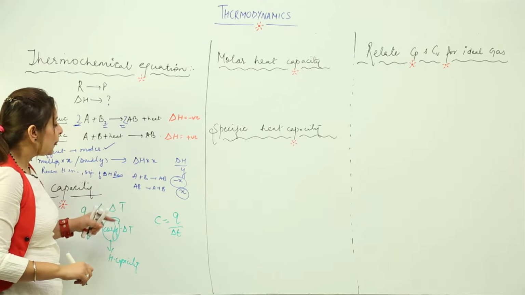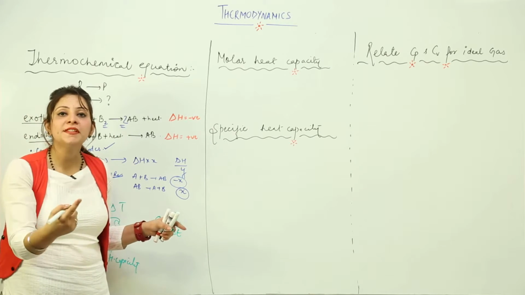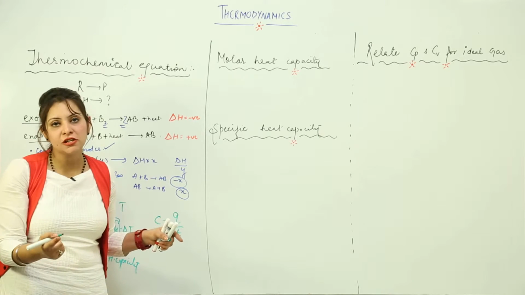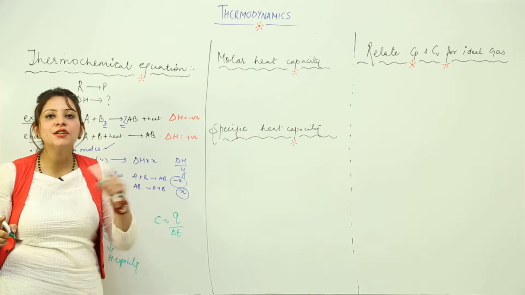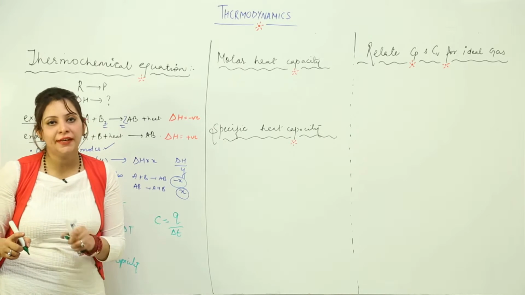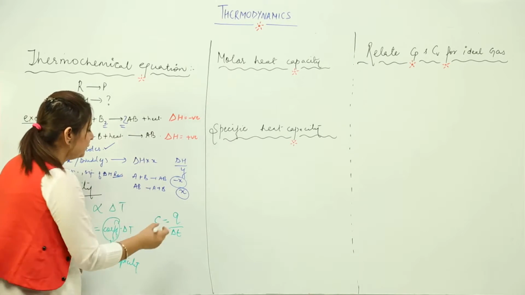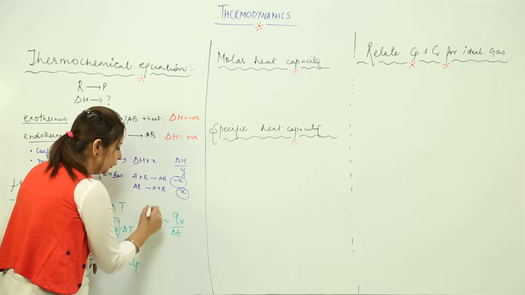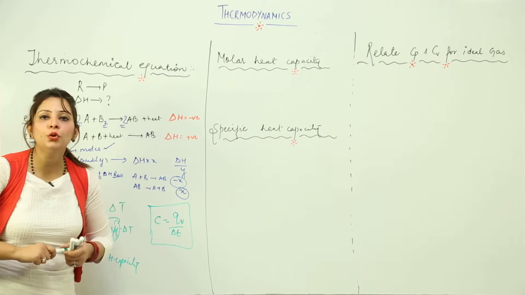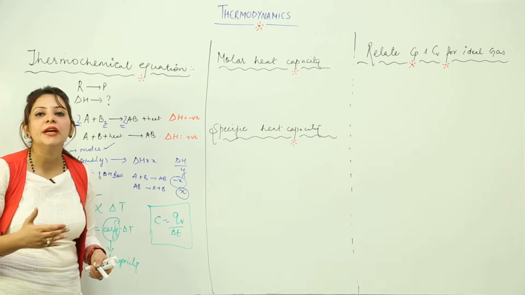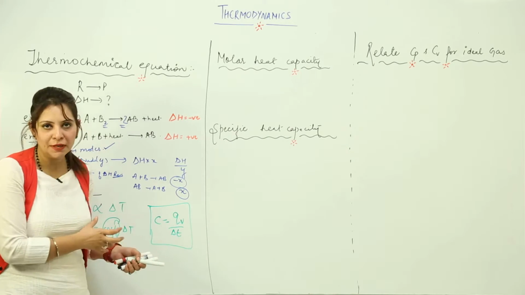Right. Now, as we know that all the energy which we will be supplying should be used up in increasing the internal energy. That means the volume should remain constant. That means that energy which we are supplying or extracting should not affect the volume. Right. So that means this is occurring at constant volume. So I can write that heat capacity is nothing but the ratio of Q at constant volume to change in temperature. So this is what is the heat capacity.